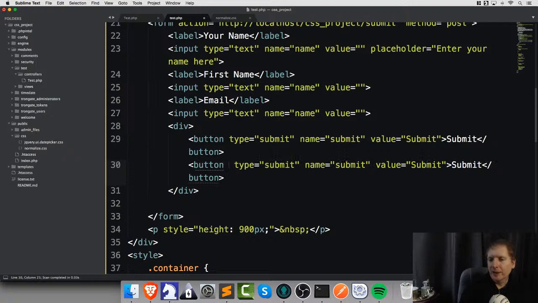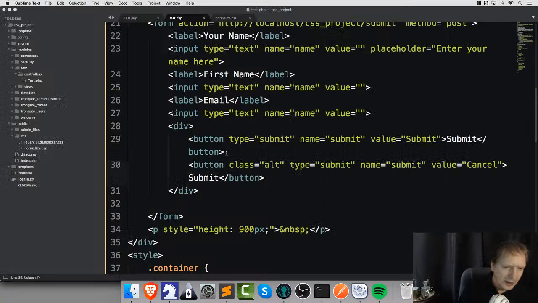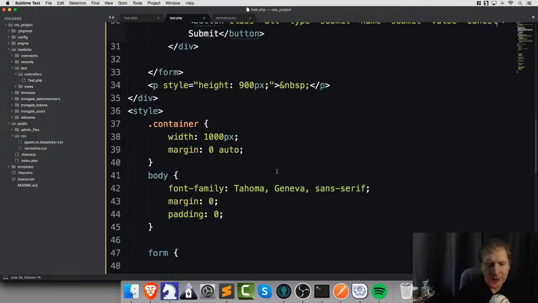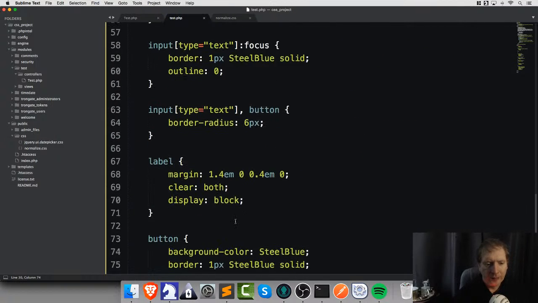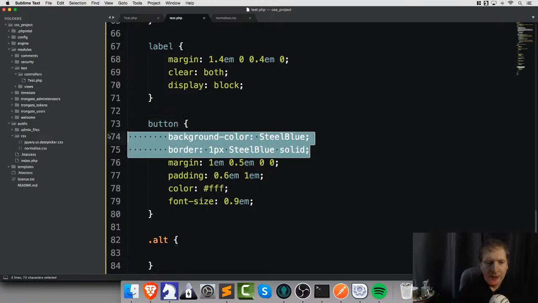Now for this, I am going to have to say class equals alt. And I'll just say cancel here, right? So we get something like that. Now, let's think about the alt thing. I'm going to say class alt, and it's going to have all of the same stuff as the ordinary button. The main difference is,